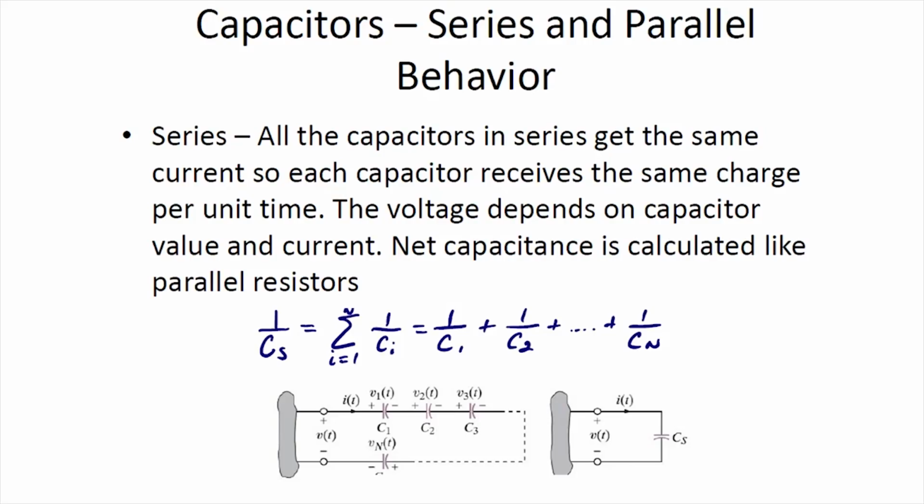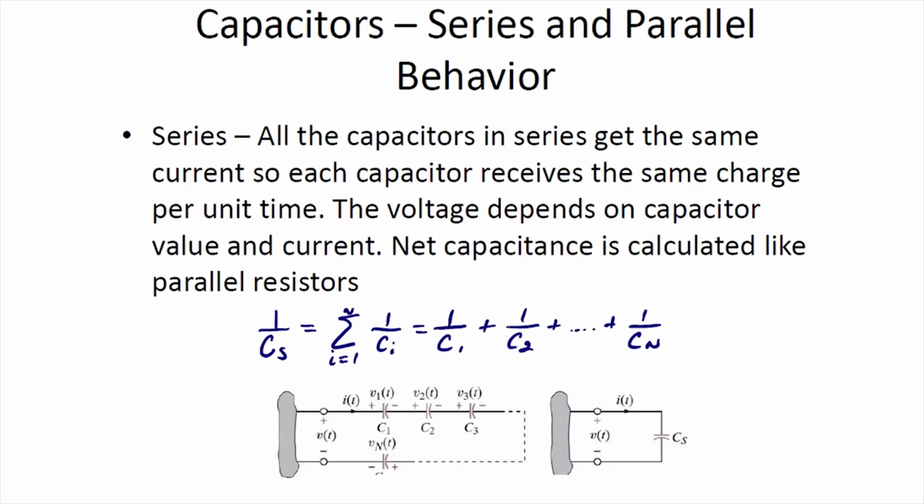All right, so now we're going to turn our attention to how capacitors behave when they are in circuits, either in series or in parallel. The mathematical relationship for series capacitors is actually similar in mathematical treatment to the resistors in parallel treatment. The capacitors all receive the same amount of charge. The current is the same that's flowing through those. And then the actual value of the voltage is dependent upon the amount of charge that is stored on those